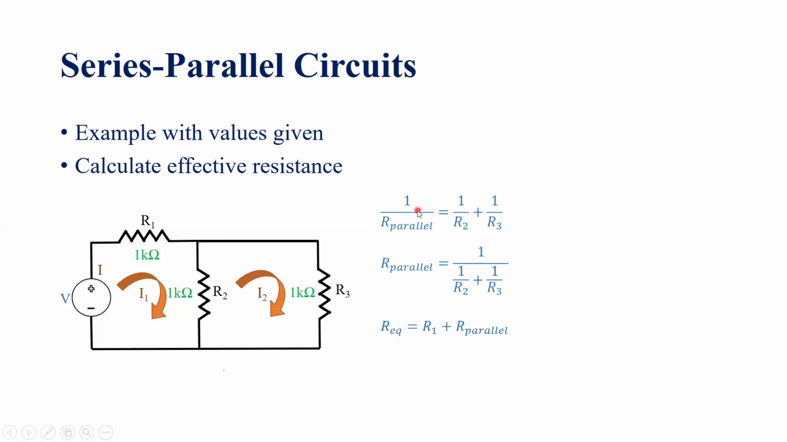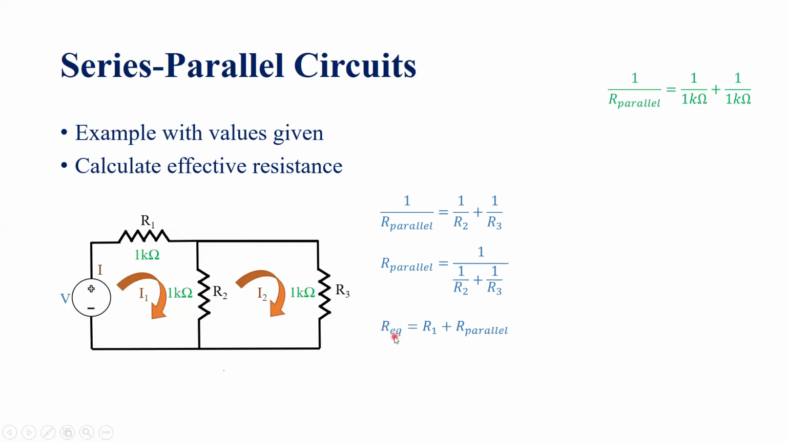That means we first calculate the value of R parallel by this formula. So 1 over R parallel is equal to 1 over R2 plus 1 over R3. And therefore, R parallel is equal to 1 over this term. And we know that R equivalent would be then the sum of R1 plus R parallel. So it's time now to plug in the values of R1, R2, and R3 to calculate the final equivalent resistance